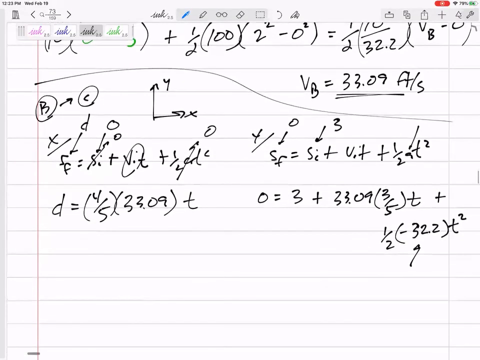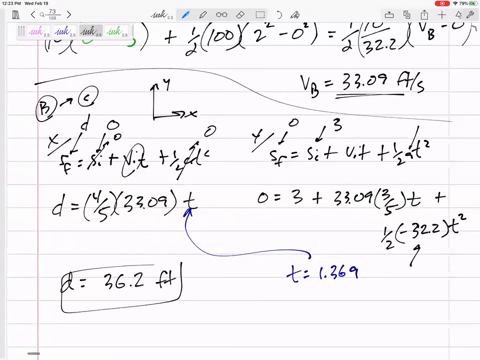All right, so this equation right here, the only unknown is t. I can solve for t. I'd get t 1.369. Plug that back in up here. I would get a distance d, 36.2 feet. All right, not too bad. That's a great